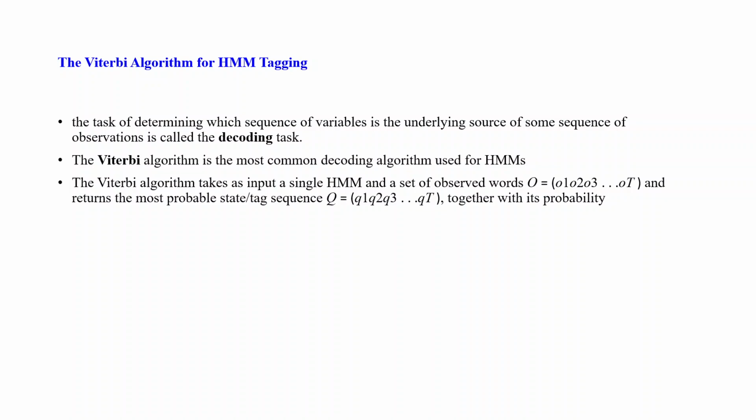So we are not going to look at how we are going to build a hidden Markov model. Here what we are going to look at is, given a hidden Markov model, how can it be used to tag a given set of words. For that we are using what is known as the Viterbi algorithm. It is called a decoding algorithm for a hidden Markov model. The input is a set of words or a sentence, and the output is the correct tag sequence based on the probability.